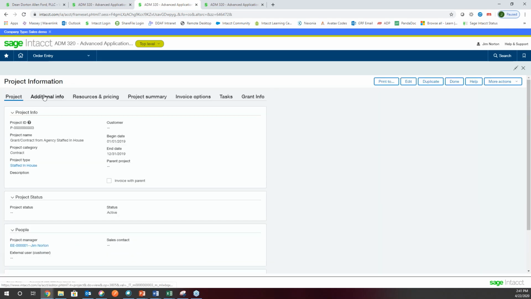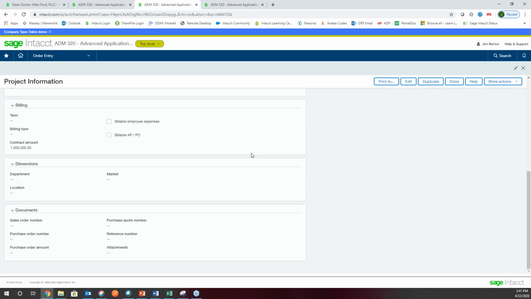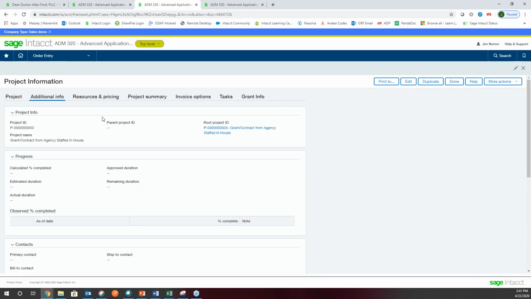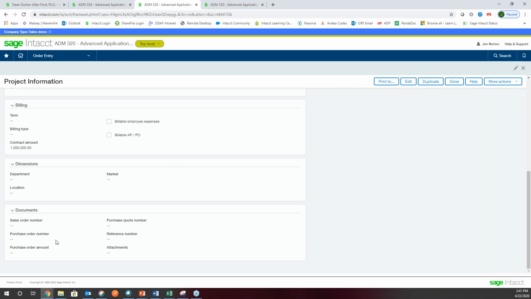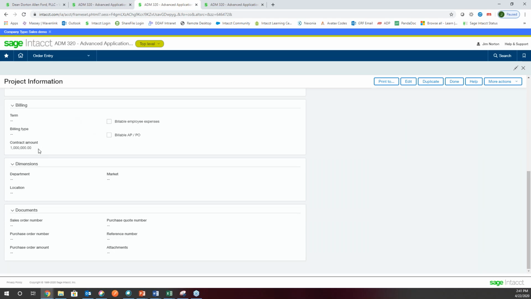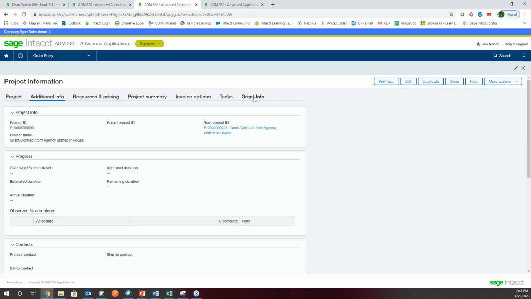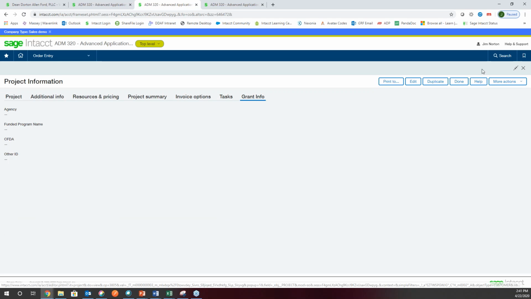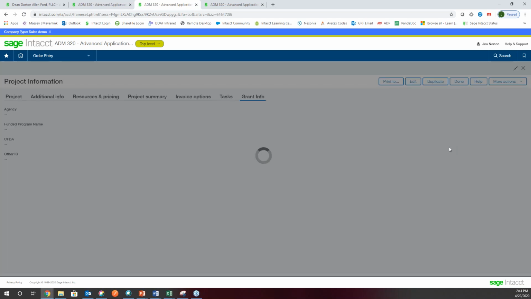And if I go to the additional info section, there's a section down here for contract amount, right? There's a section for all these document numbers. And then there's this grant info tab, which is a custom tab that I created. And it's got the agency, funded program name, CFDA, other ID. Well, all this stuff is blank. And when I get the grant, I don't want to have to go and remember to put all this on the project so that I can use it in reporting. So what I'm going to do is